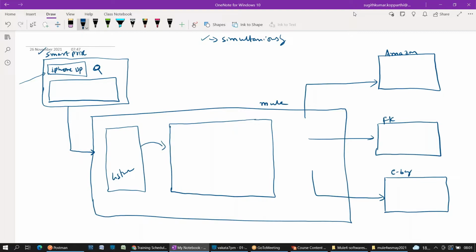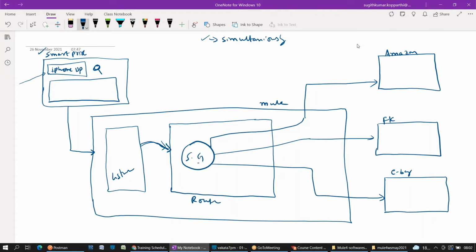Router. Exactly, it's a router. What will the router do? The router will take that single external signal, here this request, as an input. It will take three copies. Basically, this is called scatter-gather in Mule. So it will scatter the request into three.